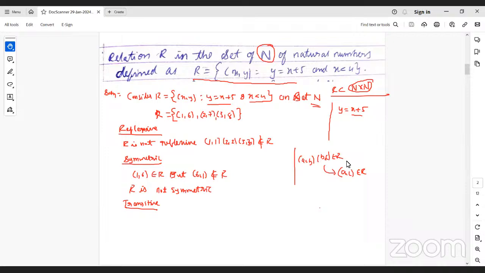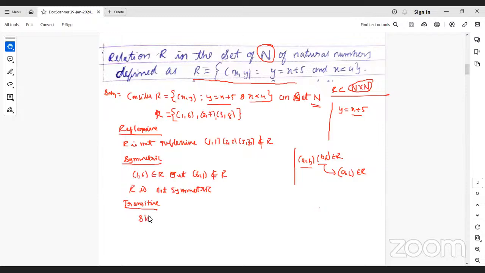Here, if the ordered pairs which we require to define the transitivity are not present, in such a case also the relation is what? Transitive, because we don't have any ordered pair to check whether it is transitive or not transitive. So we directly consider it as transitive. Here you need to write a reason why it is transitive. So the reason is, since there is no pair